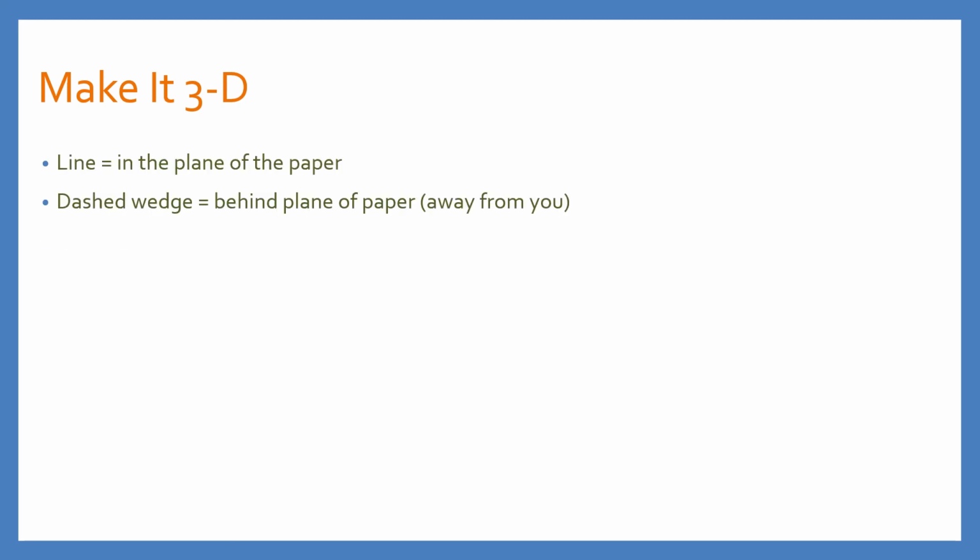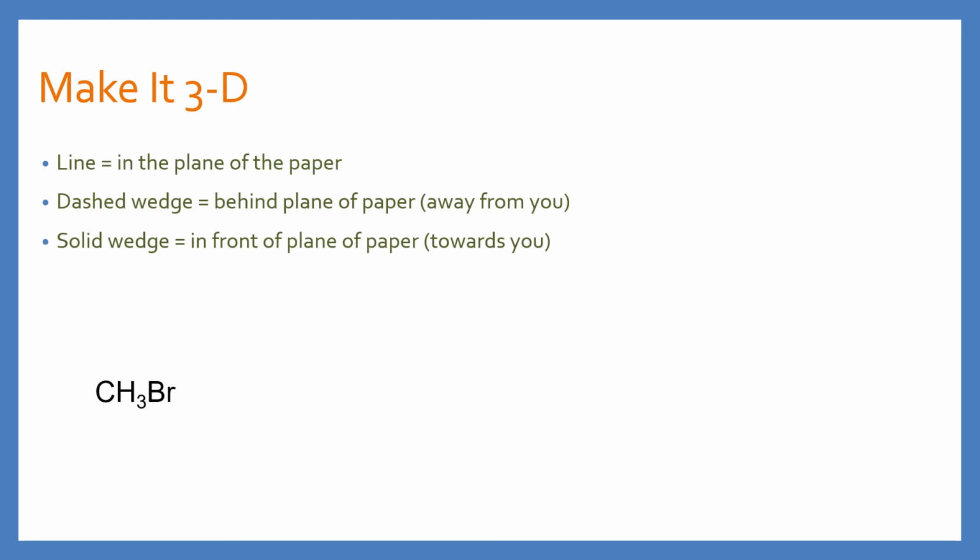So we use a pretty simple format here. Anything that is drawn as a plain line is in the plane of the paper, being the page that you're drawing on. And then if it's on a dashed wedge, it is behind the plane of paper, or you could say that it's pointing away from you. If it's on a solid wedge, it is coming towards you. It's in front of the plane of the paper. So for example,